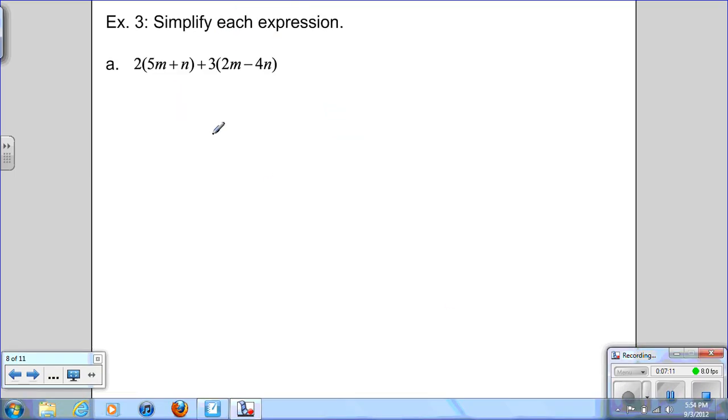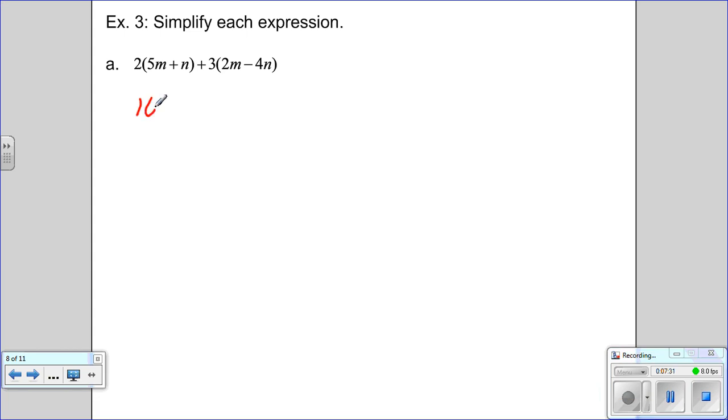Okay, our last example here, we need to simplify each expression, and we're going to do that using the distributive property first and then combining like terms second. I'll show you how. Okay, so in this problem, we've got 2 times 5m plus n plus 3 times 2m minus 4n. So using the distributive property, 2 times 5m is 10m